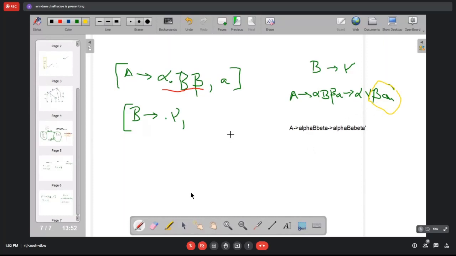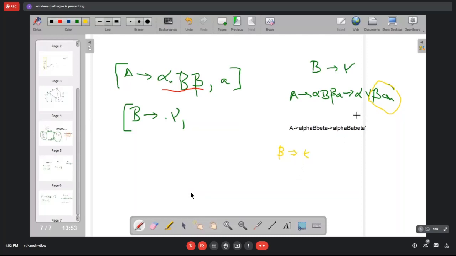Now it might be that there are two possibilities, that beta turns into an epsilon in some steps.